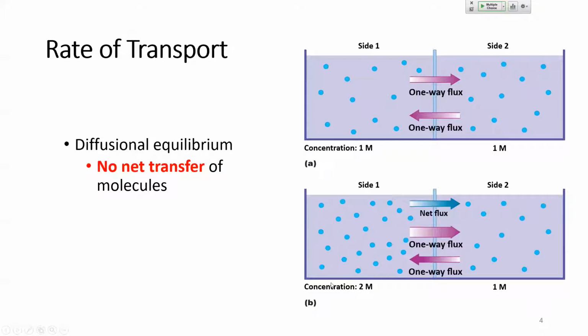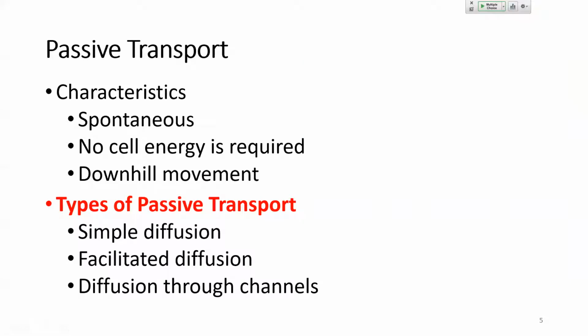In the bottom, we have a higher concentration on side 1 and a lower concentration on side 2. And so here we have a gradient. We are still seeing one-way flux going in both directions, but the net flux is from high concentration to low concentration. So we're going to speak about the actual mechanisms of passive transport, which are simple diffusion, facilitated diffusion,